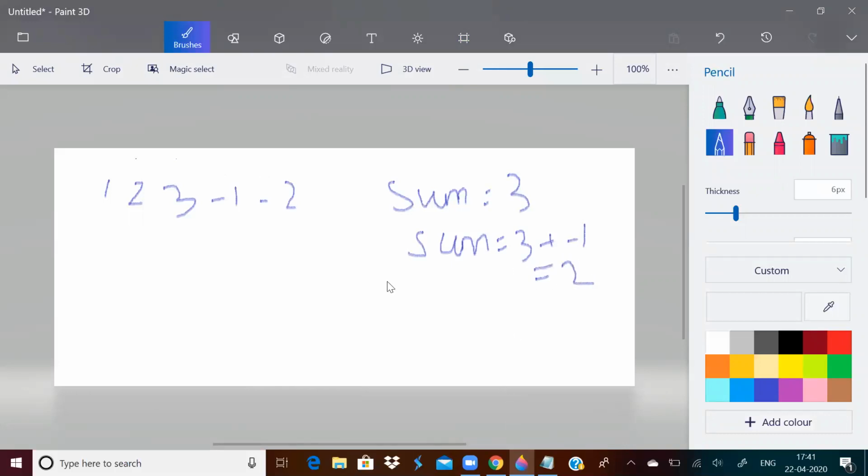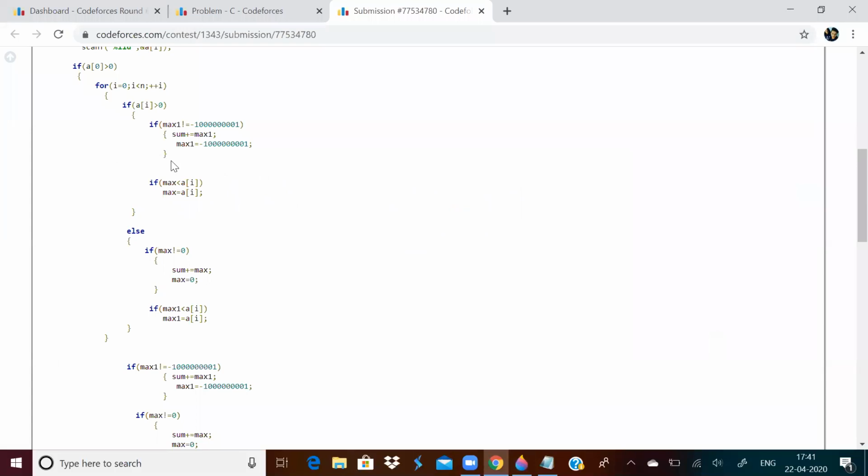So what I'm doing here is I am finding the maximum element out of all the positive elements until I get a negative element. Once I get a negative element, I will add the maximum over here and check all the negative elements and find the maximum of all the negative elements until I find the next positive element.